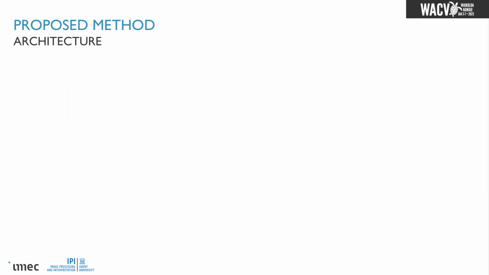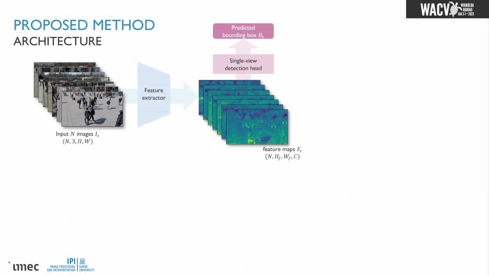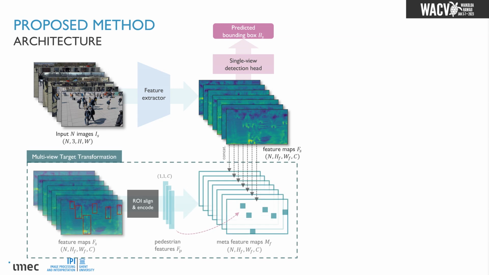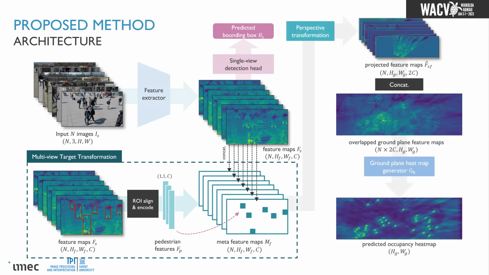Here is the whole procedure. First, we feed n images with different view angles into the feature extractor and perform 2D object detection to find the pedestrians of each single view image. And then we use the predicted bounding box to compress each pedestrian feature to build an auxiliary feature map and concatenate it with the original feature maps. And finally, we project the features to the ground plane and overlap them to perform the detection and get the